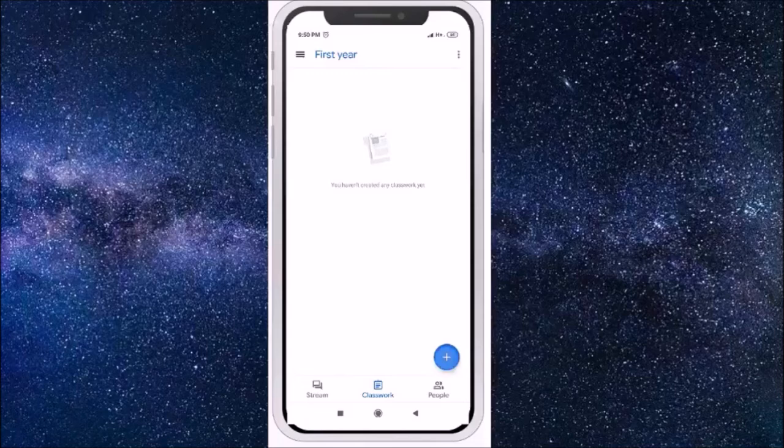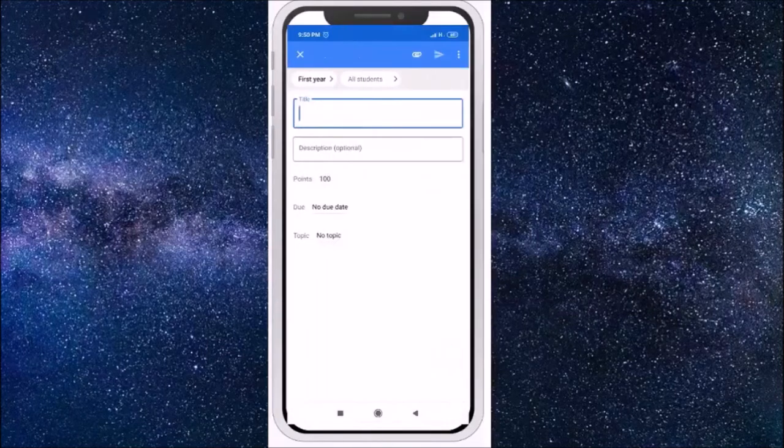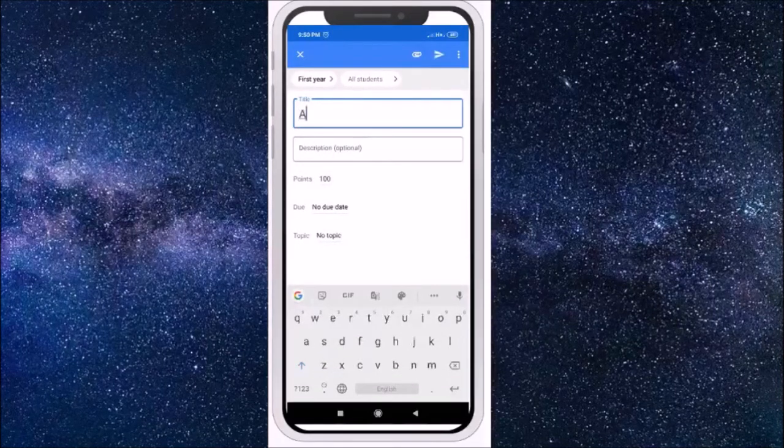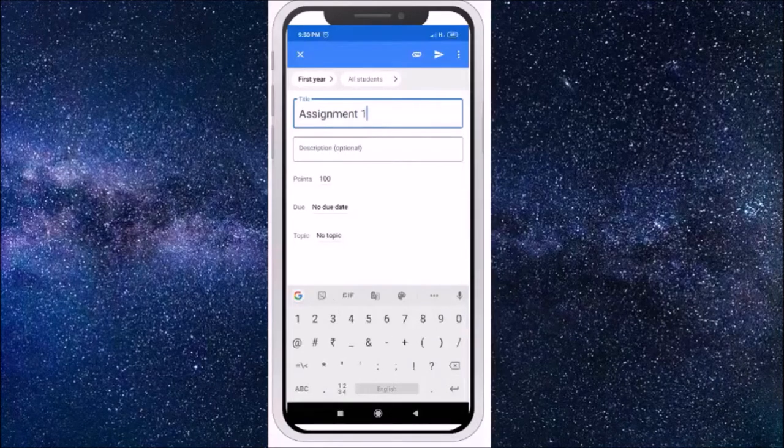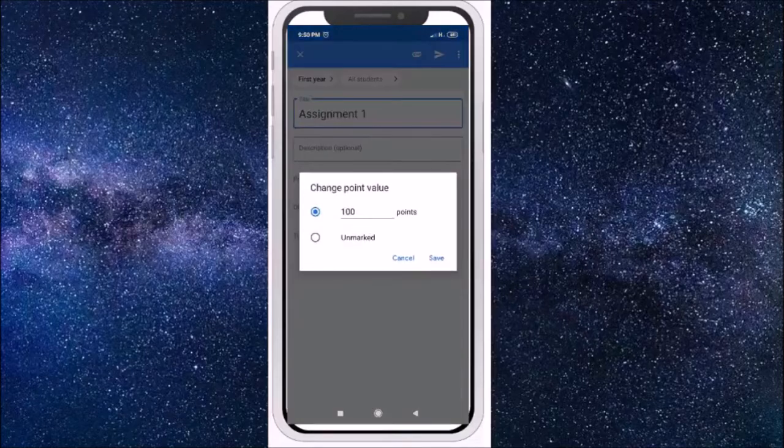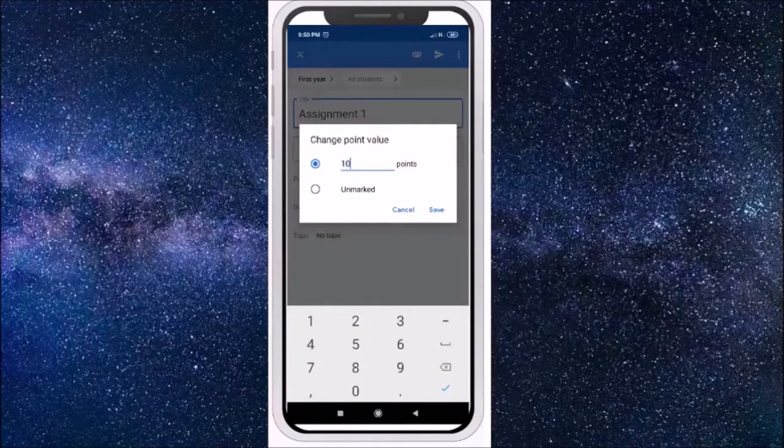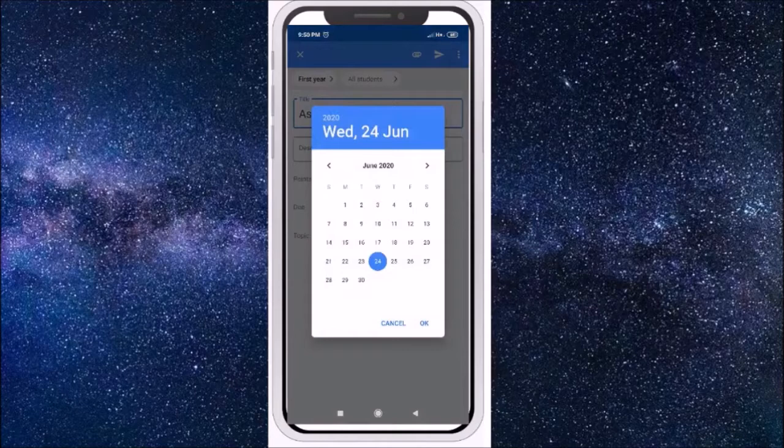You can click on plus, then click on assignment. You can create the assignment. The same procedure whatever you are following on the PC, the same procedure applies in the mobile app also. So I am creating assignment number 1. So you can set the marks for that assignment. You can set the due date,